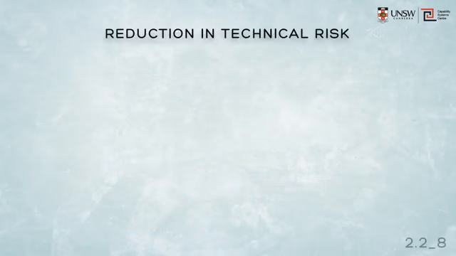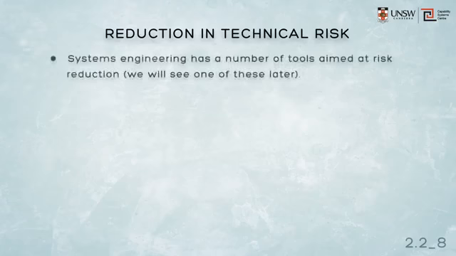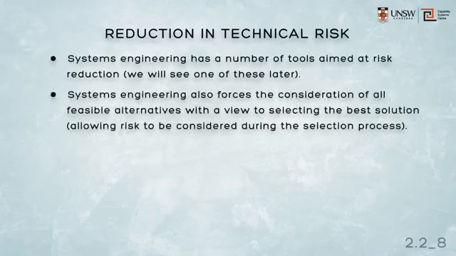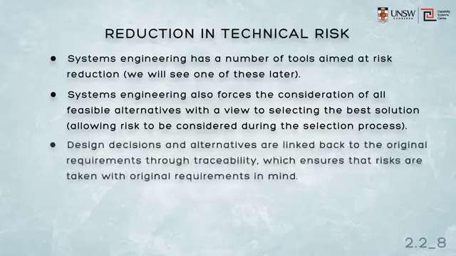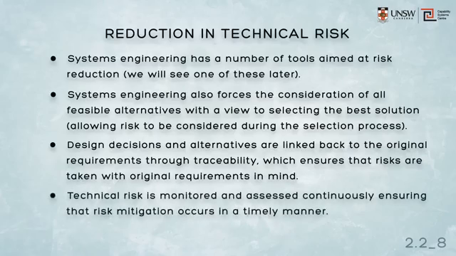It makes sense, therefore, that systems engineering leads to a reduction in the technical risks associated with the system. Risks are identified early and monitored throughout the life cycle. Even early on in the process, a focus on feasibility analysis reduces the risk to the project. Through systems engineering, design decisions can be traced back to the original user requirements, and conflicting user requirements can be identified and clarified early, significantly reducing the risk of failure later in the project. Technical risk is monitored and assessed continuously through technical performance measures and design reviews and audits throughout the system development.